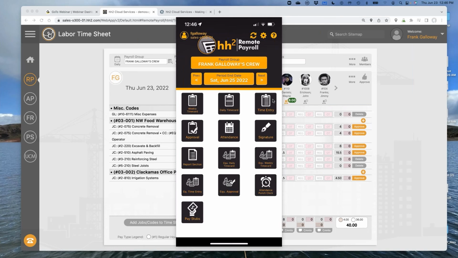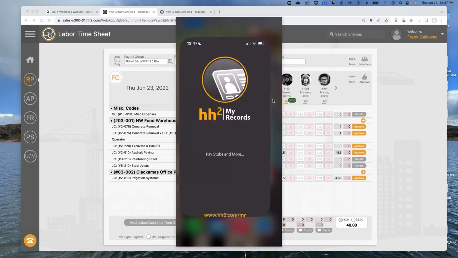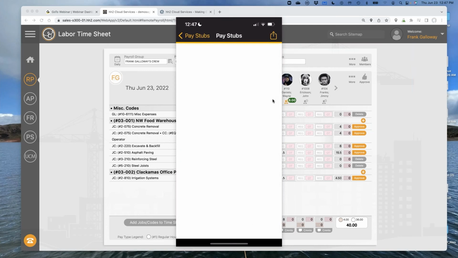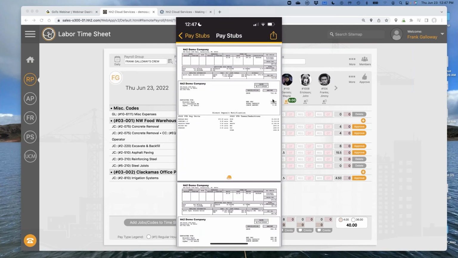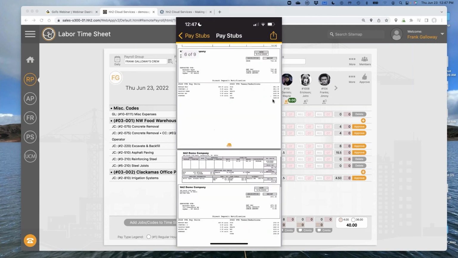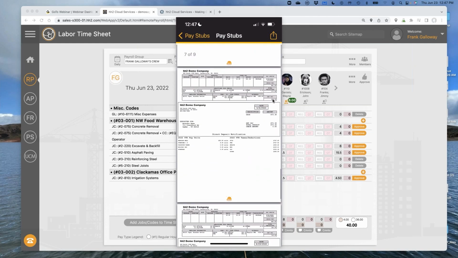Now, before I leave the mobile device, many of you, once you process and post, if you're doing payroll in-house using your accounting system, Sage 100 or 300, once you process and post that payroll, HH2 actually takes that information, and your employees can view a copy of their pay stubs. So I'm going to go to pay stubs, say, you know what, let me see my last 2 months of pay stubs. There's nothing else you need to do. You don't have to upload anything into HH2. That synchronization or integration client's going to automatically pull that data over. And in the palm of my hand, I'm not searching through 9 weeks of emails.